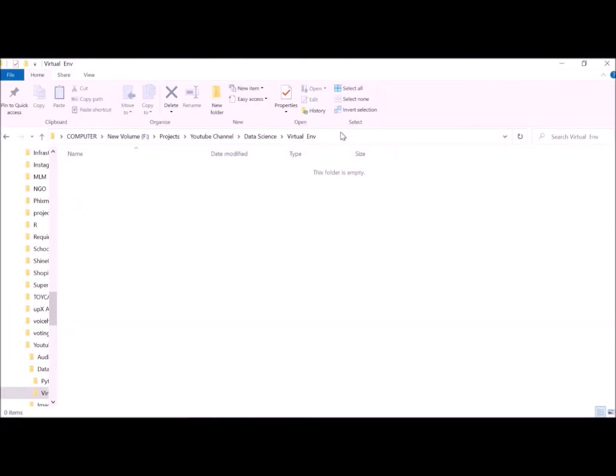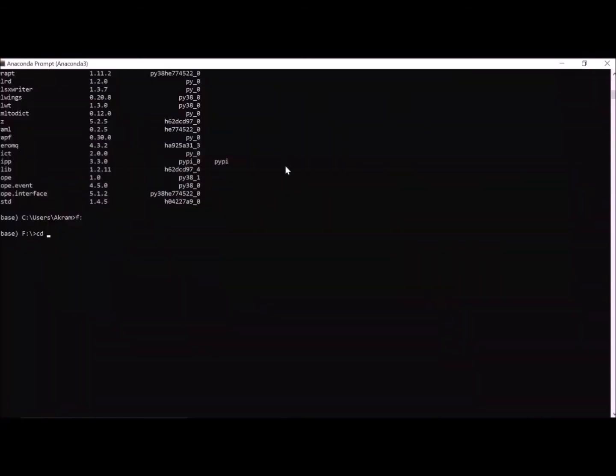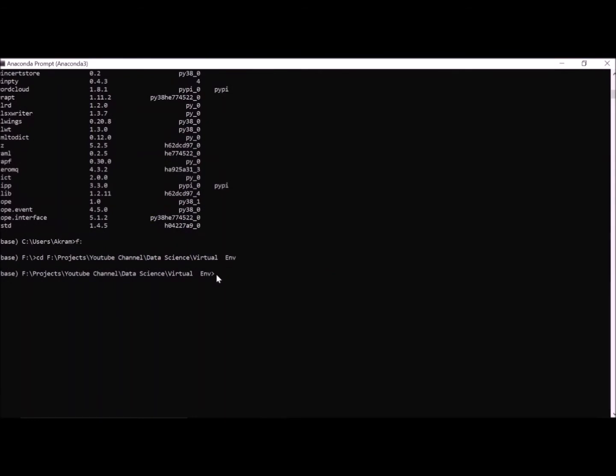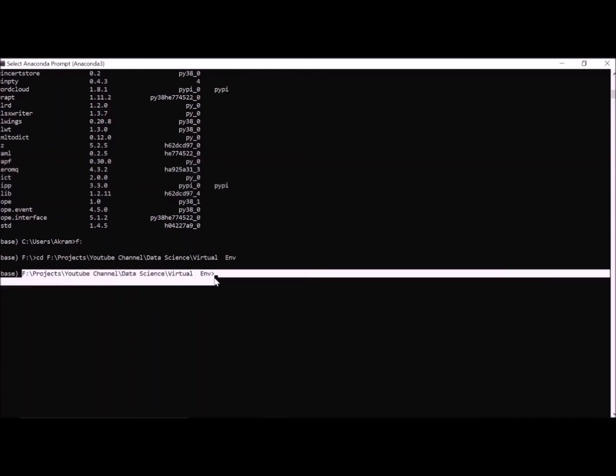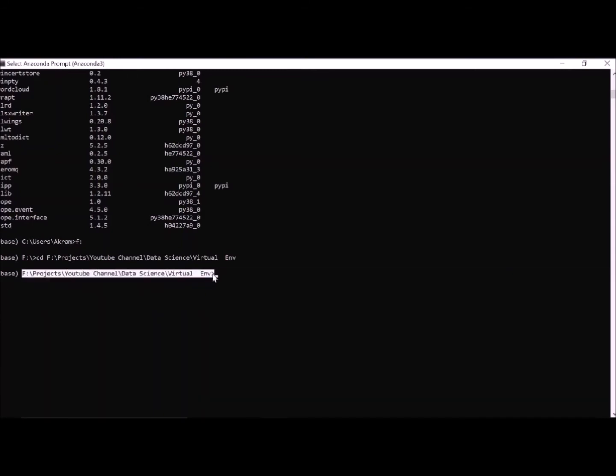This is the folder I have created, and I will run everything here. All my project files will be here. Virtual environment is the name of the folder. See here, I am in the base environment, but my location has changed now.